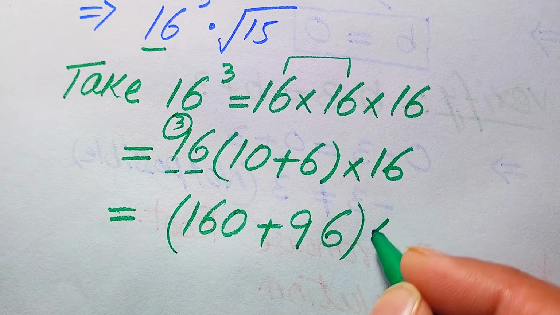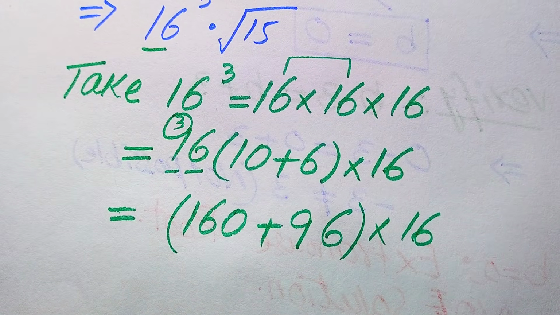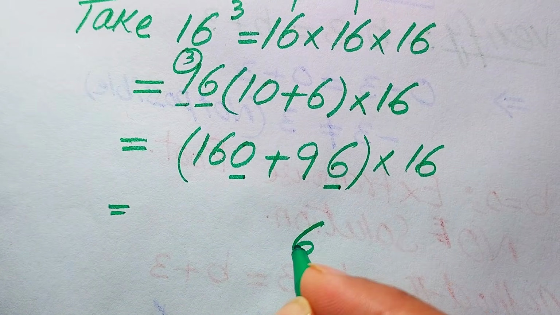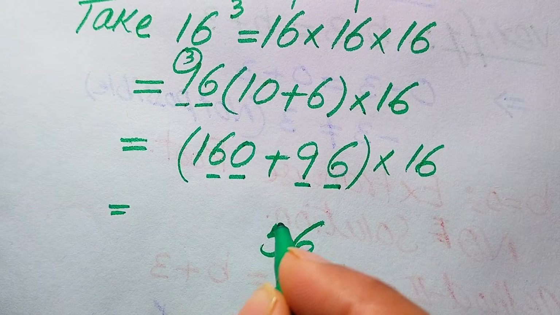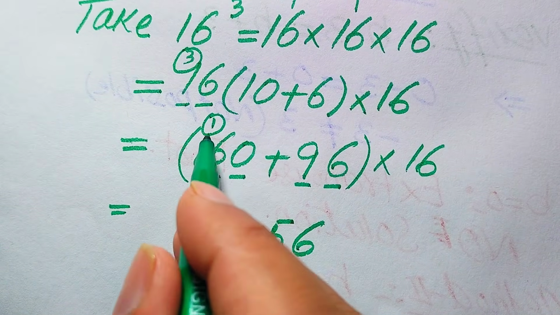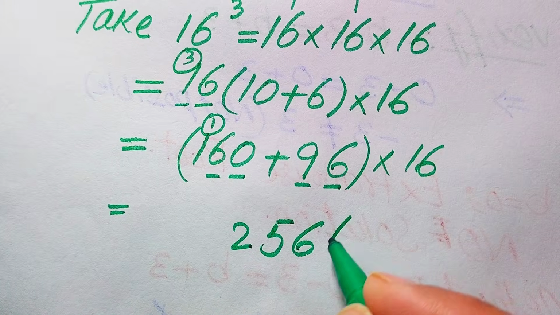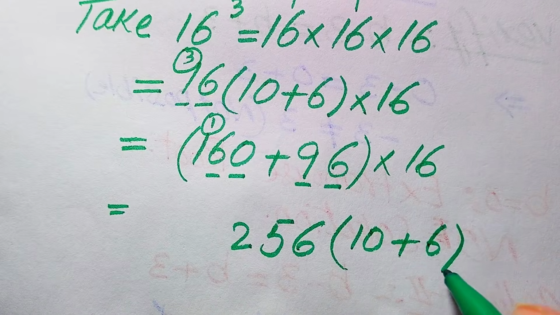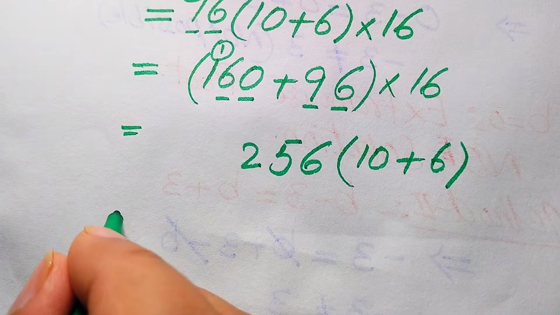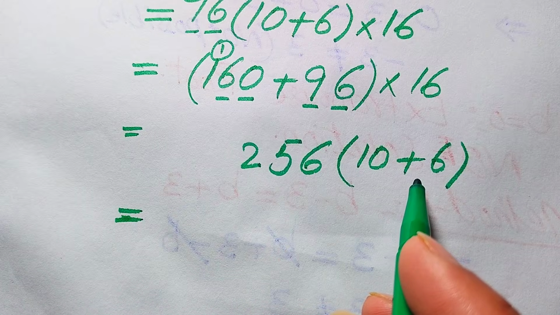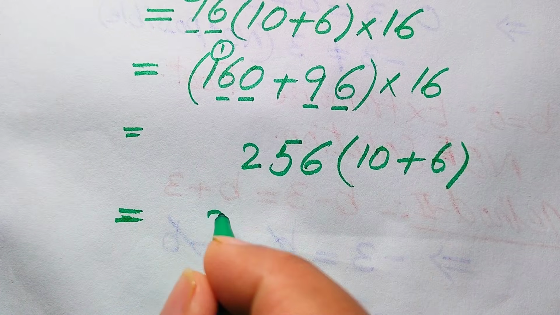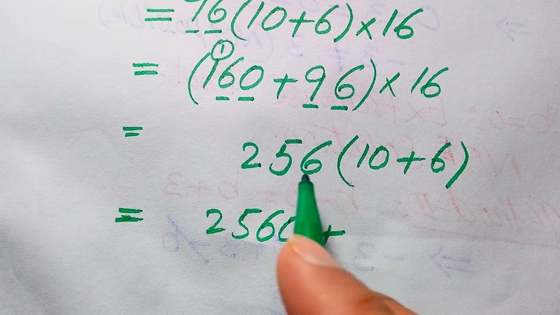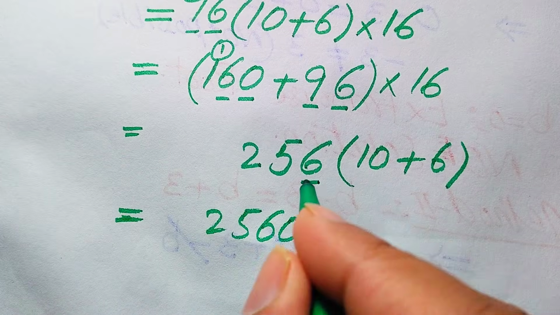So here we need to add both of these two values, and the resulting answer is multiplied by 16. We sum up these two values and we get 0 plus 6 becomes 6, 9 plus 6 becomes 15. We write 5 and carry 1. So 1 plus 1 becomes 2. This value is multiplied by 16, and we write 16 as 10 plus 6. In the next step we multiply 256 on both of these two values, and when we multiply this value with 10, it becomes 2560, plus